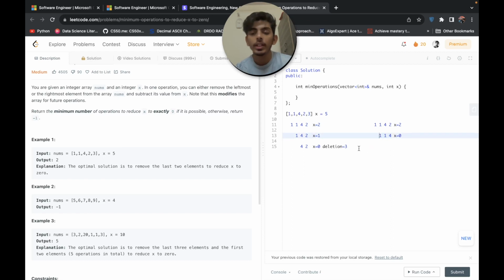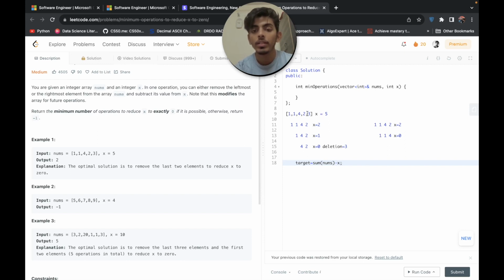So we break this problem into finding the maximum length of the subarray which sums up to some value, and that target will be the summation of all the elements present in nums minus x.